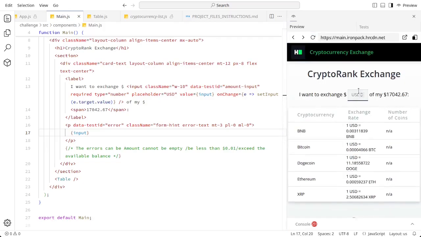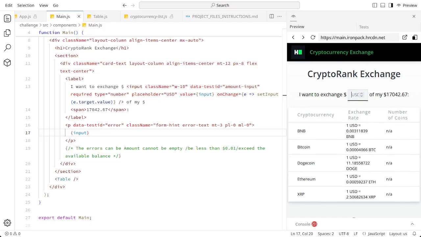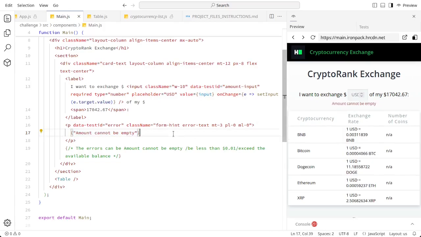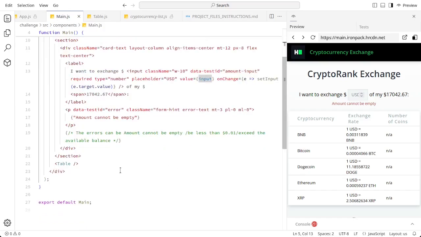Let's change our input. Yeah, so it's being rendered correctly. 0 and empty string. Let's undo this. Input cannot be empty. And also let's make our input here to be reflected to the table conversion right here by passing this input useState as a props to the table component right here using the input props,